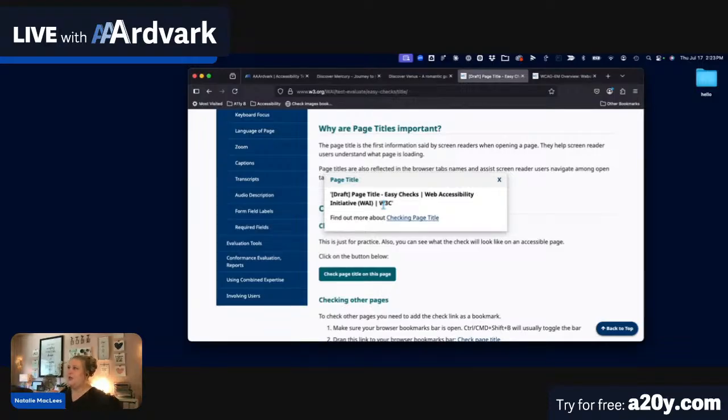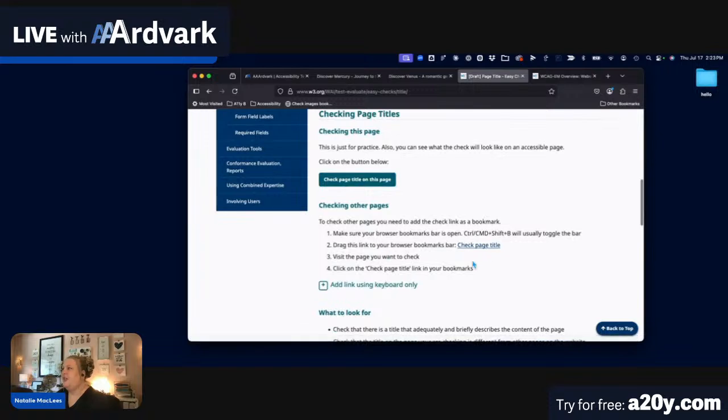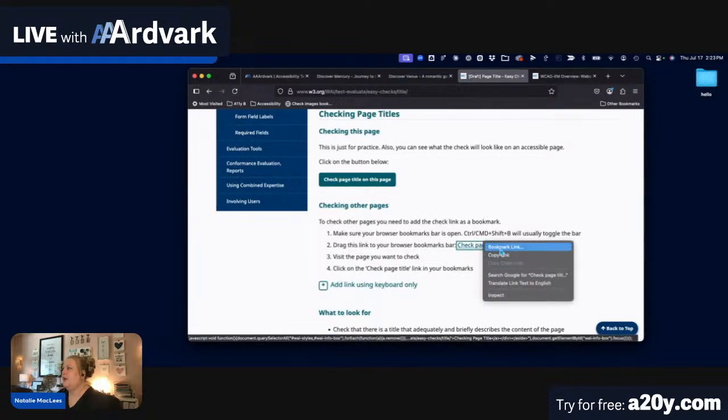So that's a pretty nice description of where we are. We are on the page that's checking the page titles. We are in the middle of doing the WCAG Easy Checks. That is offered to us by the Web Accessibility Initiative, which is part of the W3C. So very descriptive title that tells me exactly where I am and every level of organization that happens to be involved there. So again, if we want to check that on other pages, we would just want to bookmark this